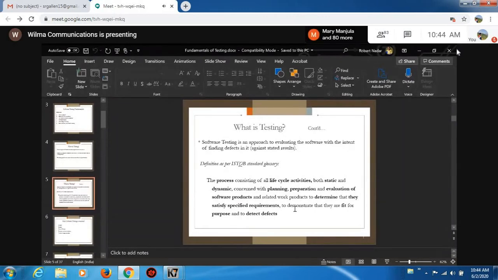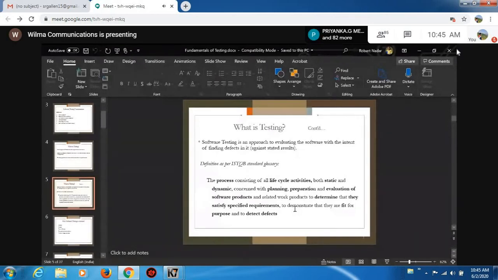You may have some concern or question about why I'm spending a lot of time on the introduction part. Because when you clear the base, you can easily grasp the rest of the things. When I was in college, as I am an engineering graduate, basically from BTech, during my 7th semester I learned about two concepts of software testing, black box testing and white box testing. So I thought only black box and white box come under testing.